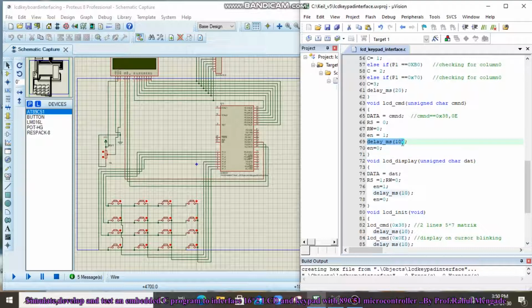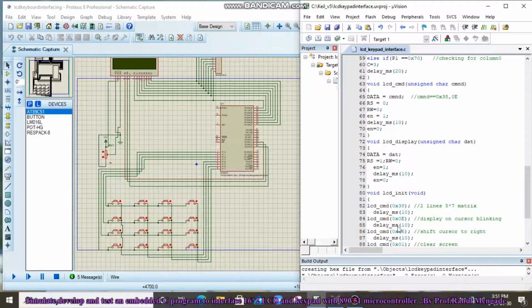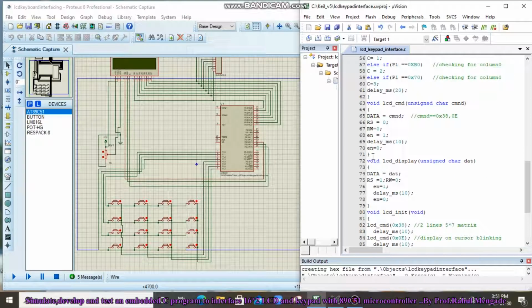Then here again one more function is called in the LCD command function, the delay function. The program will go to the delay function, execute it and create a 10 millisecond delay. Again the program will come here and make enable equal to 0.